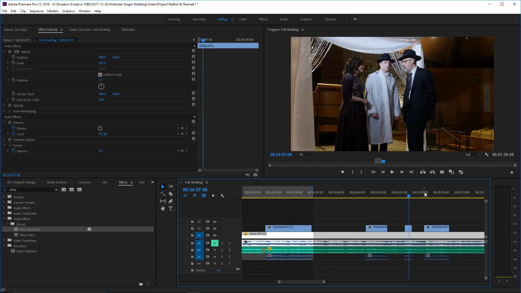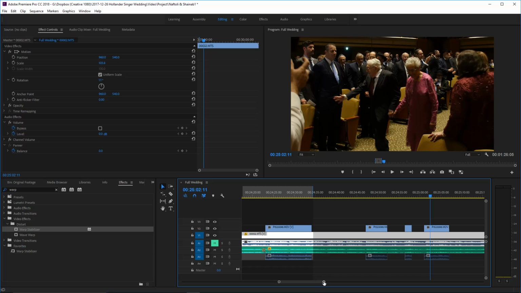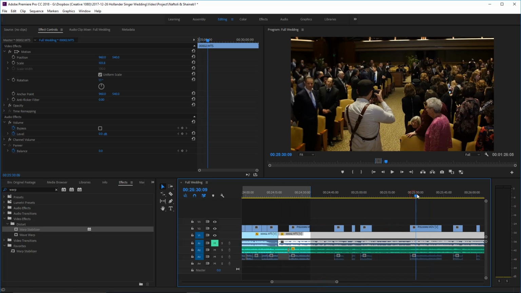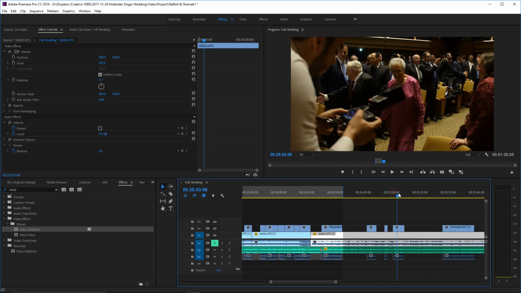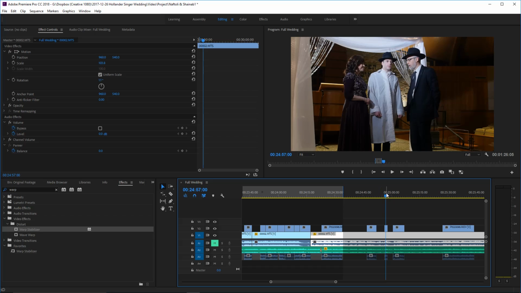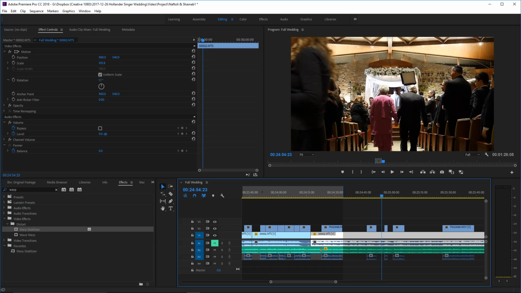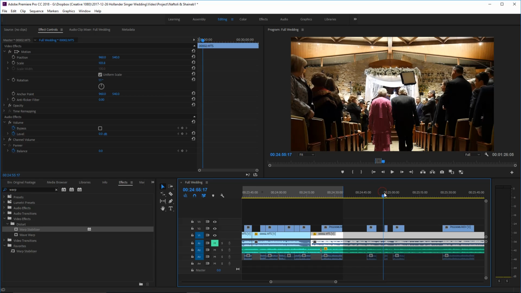Let's see what else we have. So here they're walking down the aisle. And this next shot, they're coming around the bend. I'm just looking ahead at what I actually have. And I'm going to decide how I want to use it to work.